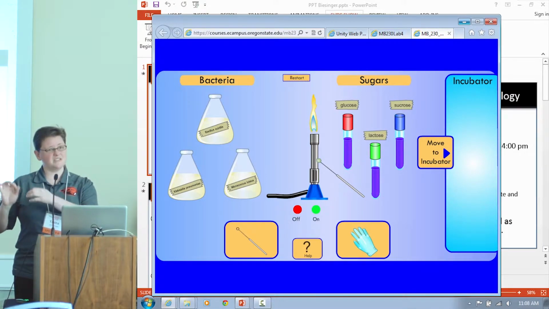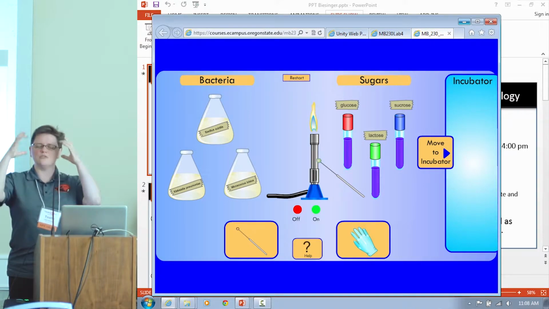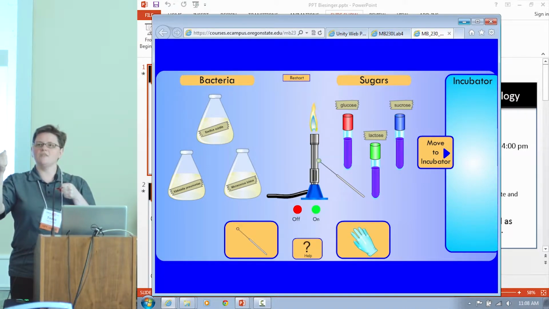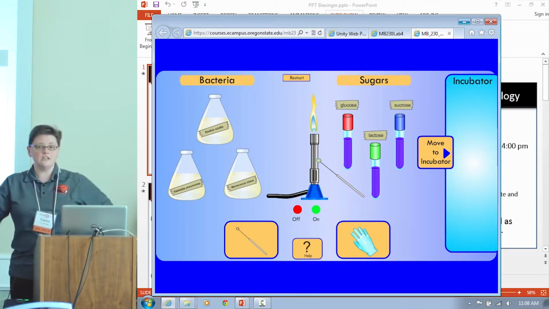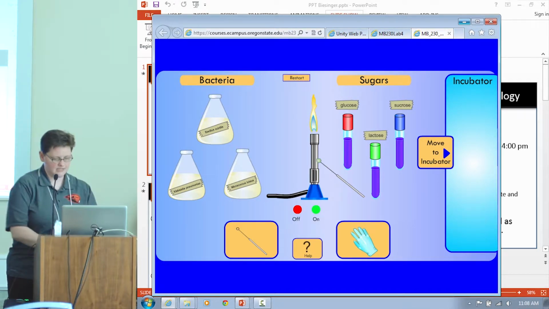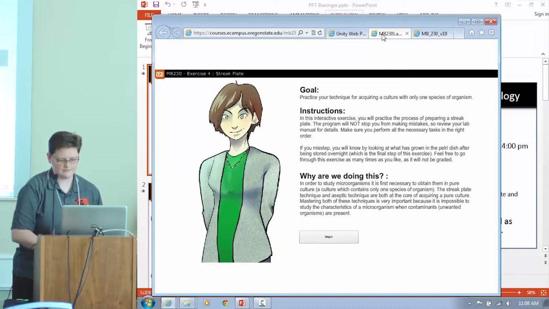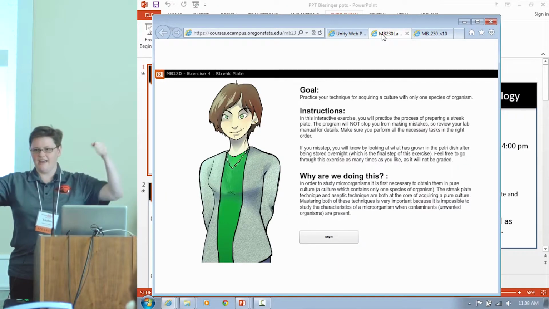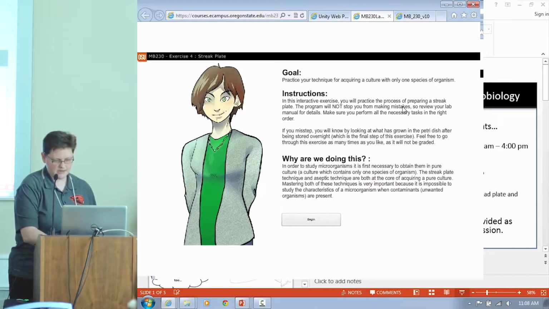So they just go through this as many times as they need to so that they can get a good sense of when I'm in the laboratory and I'm picturing in my head, I have my loop and my bacterium, right, and then I need to put it in this tube. So it really is just to give them that sense of what they're doing. One of the critical aspects of this lab is working with 2 hands. And this is my favorite interactive that eCampus developed for me.